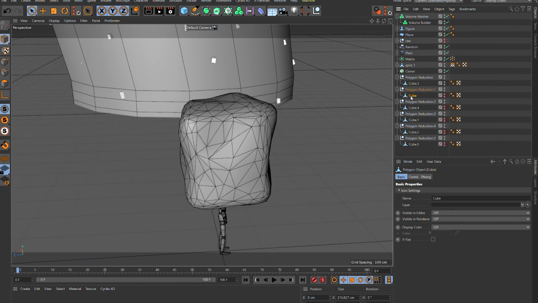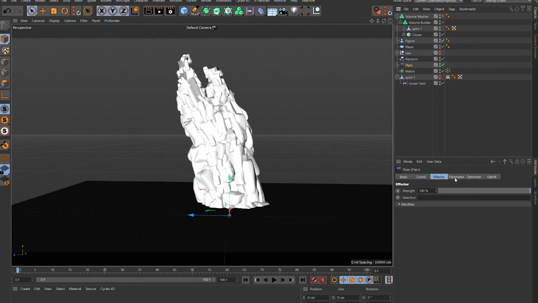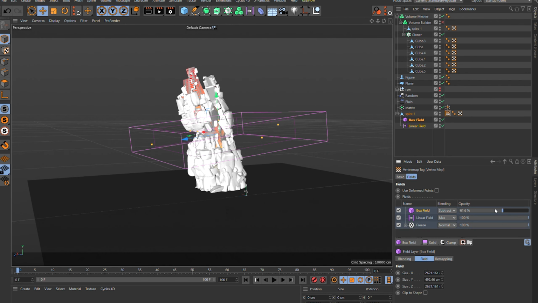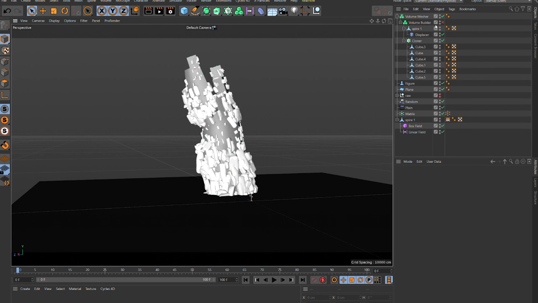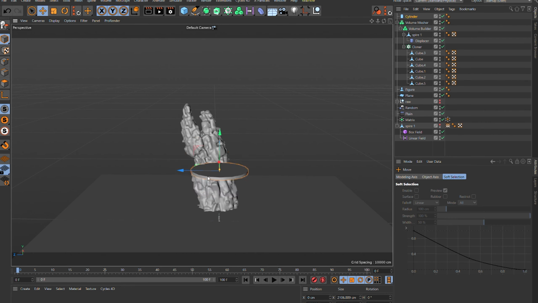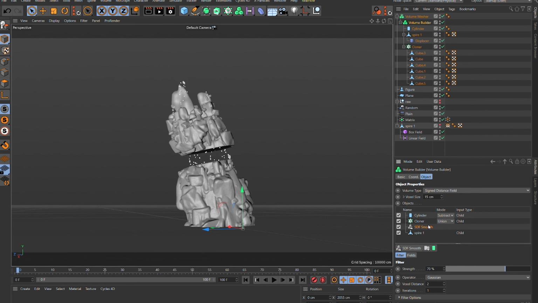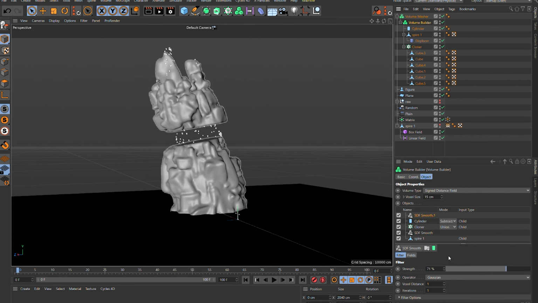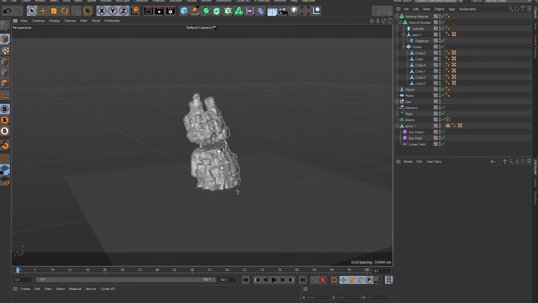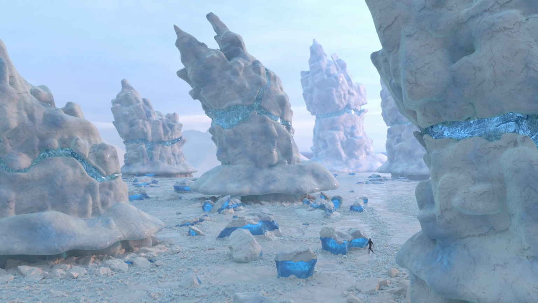Reducing the polygons, triangulating, and chucking everything inside of a volume builder to make it a nice cohesive mesh. Again, there you could see the vertex maps and fields working to control the scale. Alright, and now to get that nice inner wedge of ice, I used a cylinder and subtracted it from everything else inside of the volume builder. And with some more tweaking and some props and a lot more work, that's what you get.